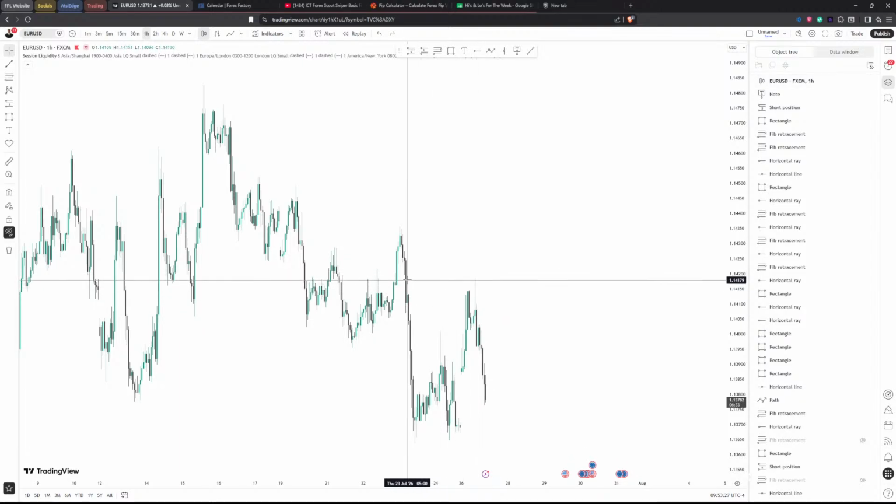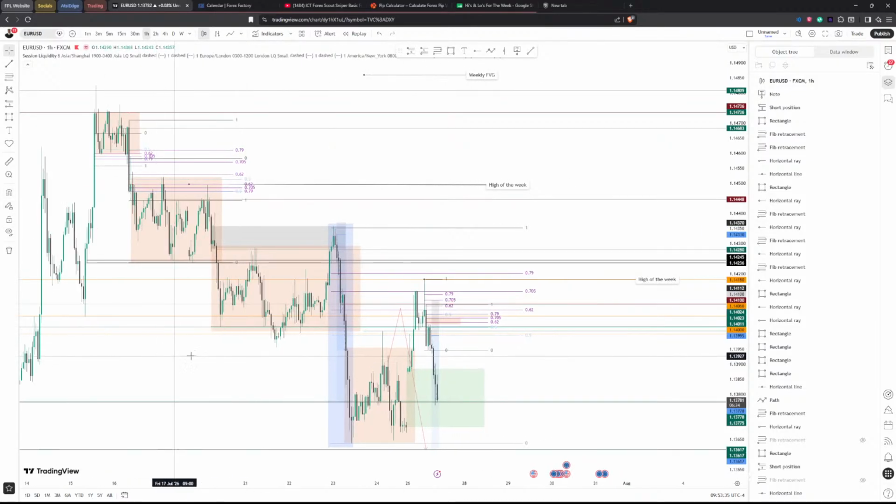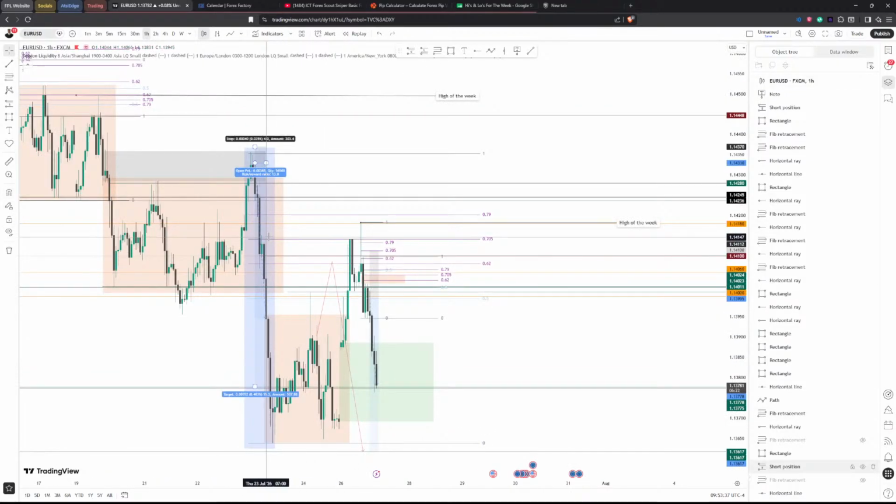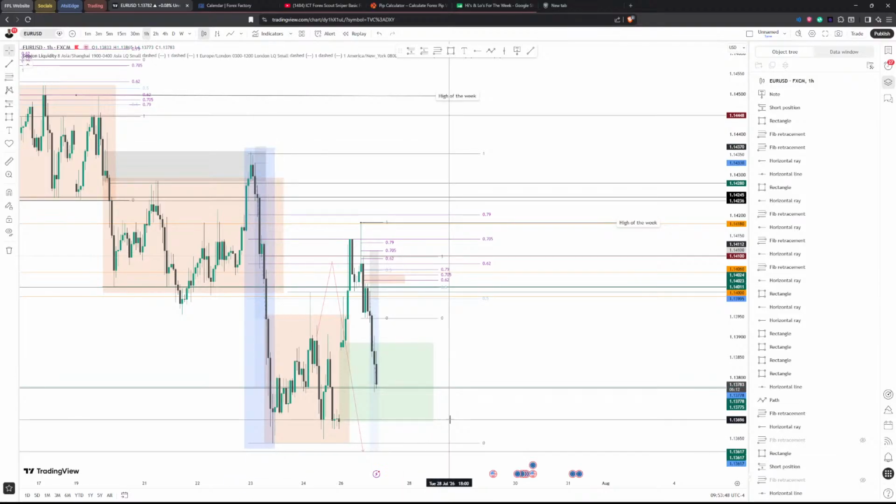What's interesting about this wick is that it didn't just go above this order block for no reason. It went into this fair value gap right here. So it's all within reason. The context matters. Although it wicked above the order block, it doesn't invalidate the order block. So we still retrace from here, again reiterating the optimal trade entry of the range from this high to this low. Okay, so that's where we should expect price turning, but that's not enough.